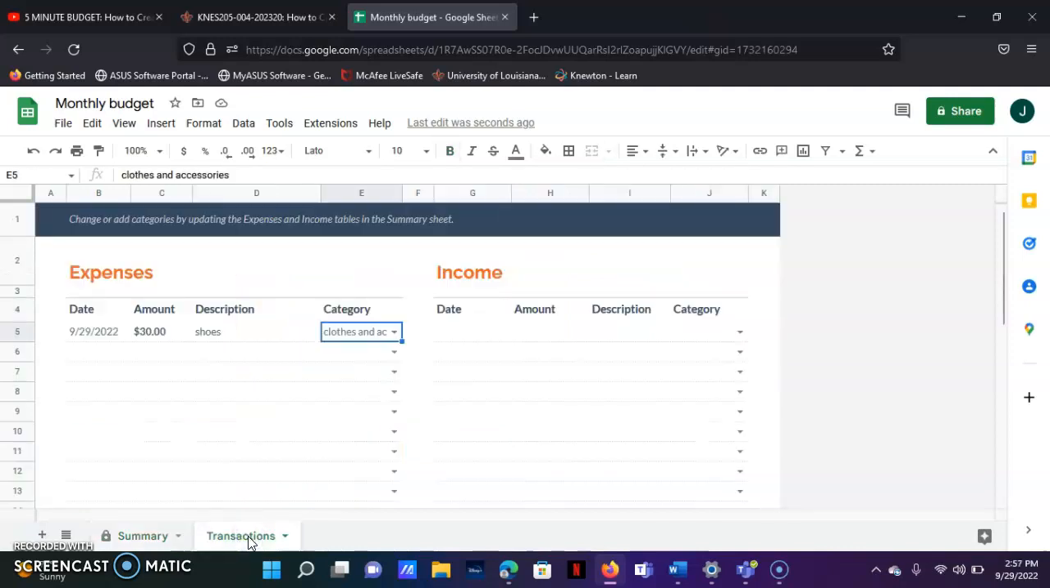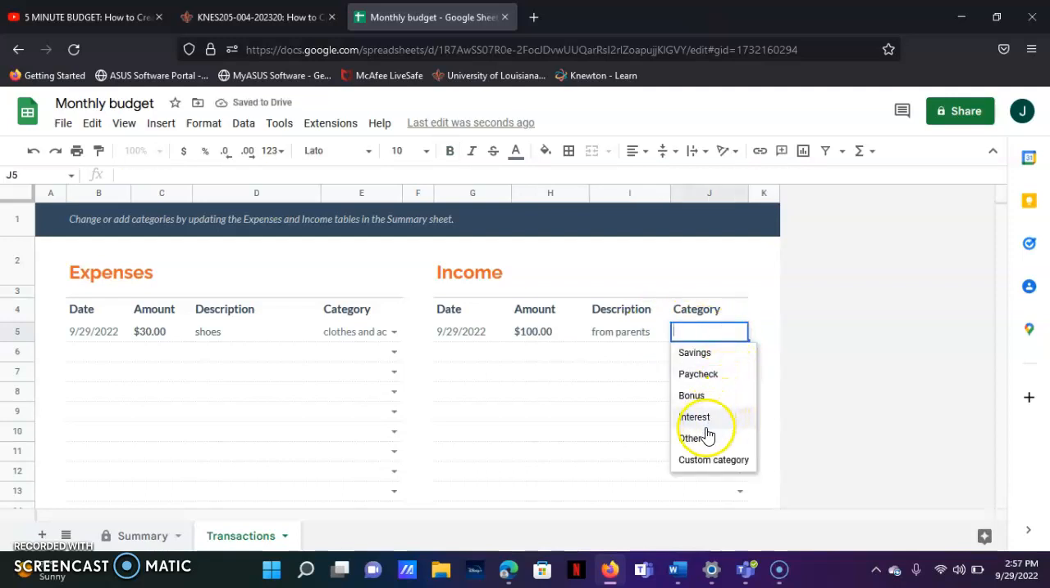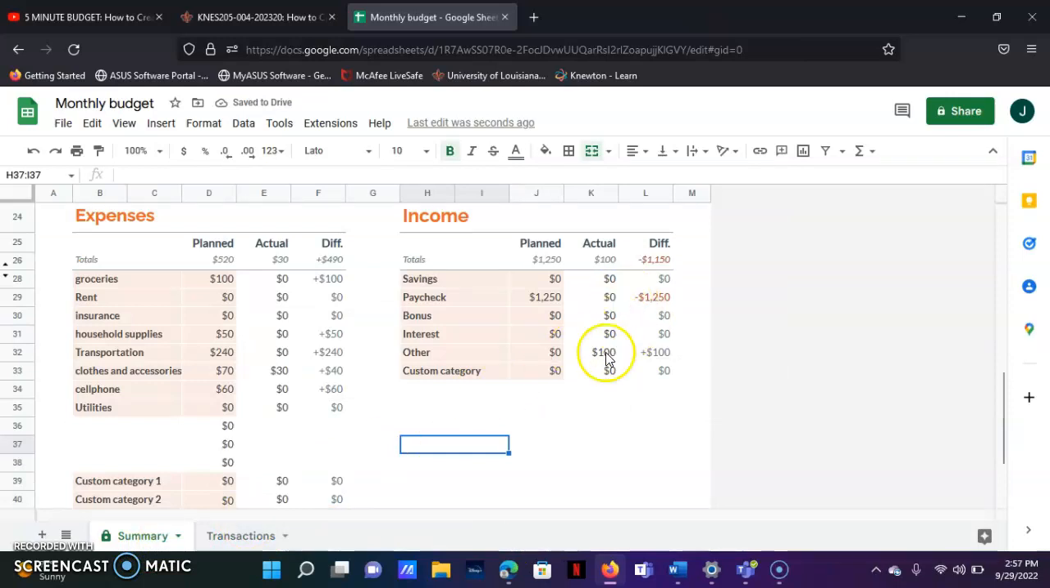And if you have any money coming in, you can do it right here. You can do 9/21. Say my parents gave me $100. I'll put it right there. Put from parents. And I'll put the category under other. Then, once you come back to the summary tab, it'll already be here, and it shows that you have plus $100 in